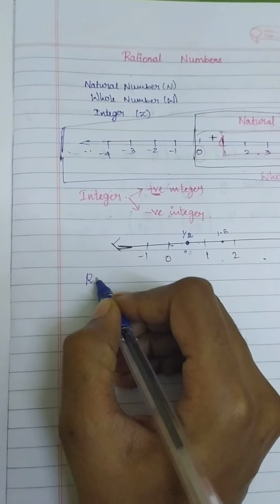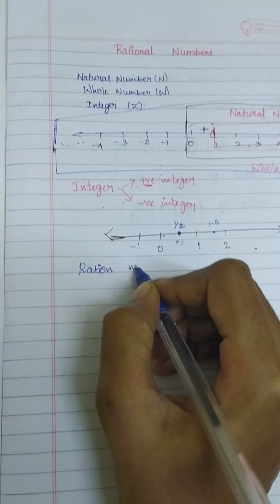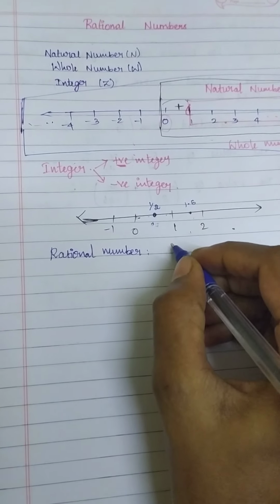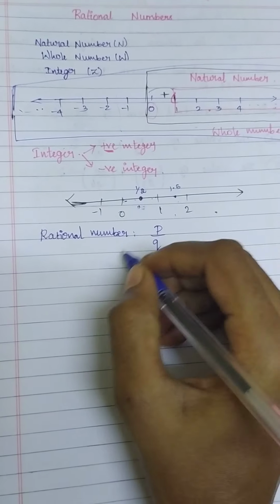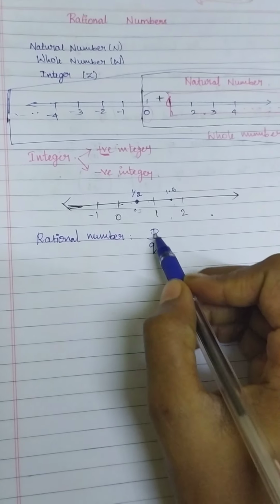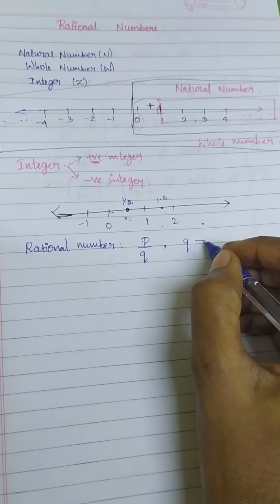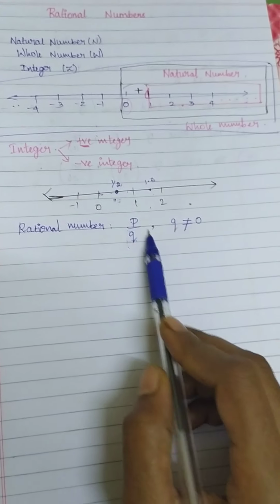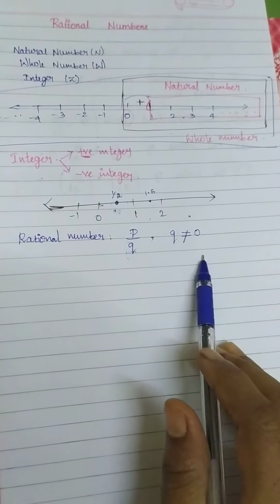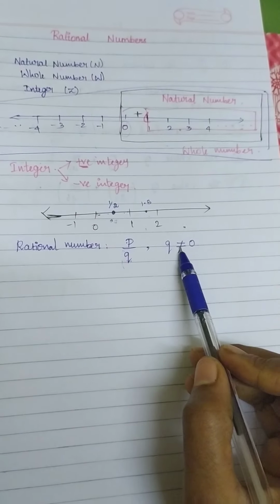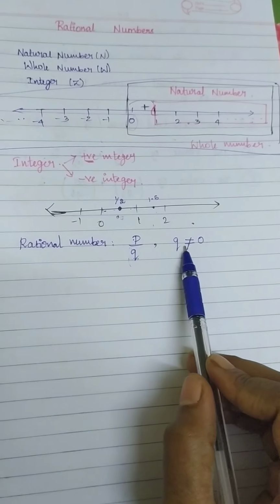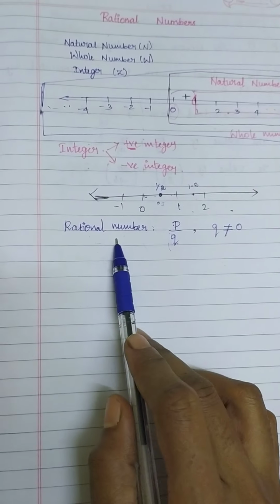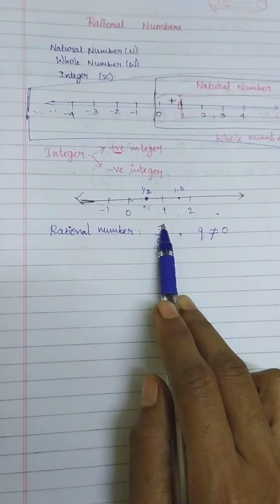For example, a rational number is in fraction form. We already know this, p/q form. Whatever alphabet you can use, but I am taking p/q form. Your denominator should not be equal to 0, because if you put 0 in this place, you get infinity. In mathematical terms, that is not a defined value. So that's why your denominator should be any number except 0. That is a rational number. The rational number is nothing but fraction form, and fraction form is nothing but p/q form.